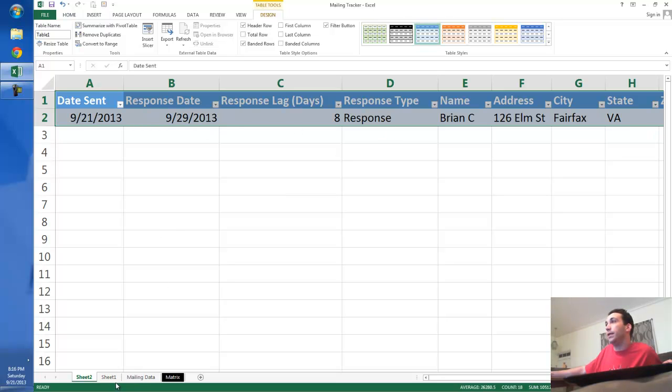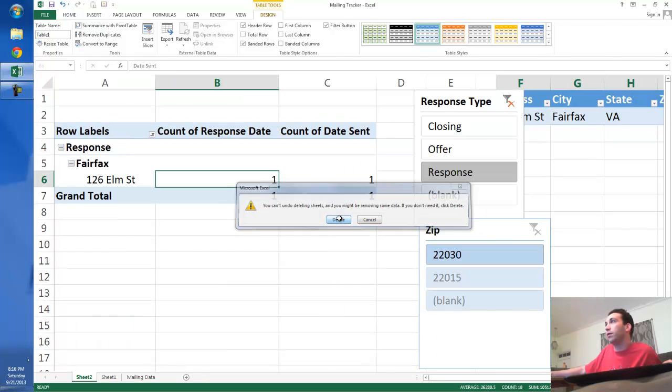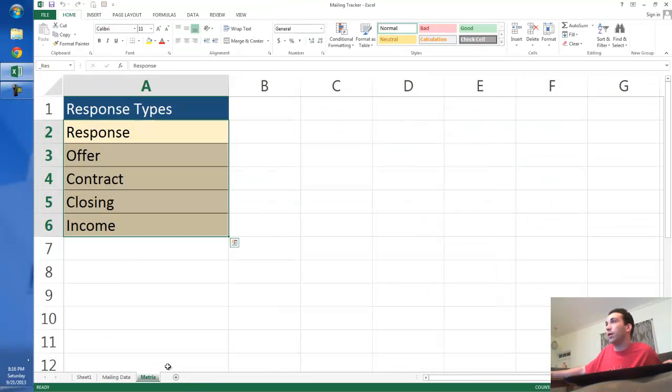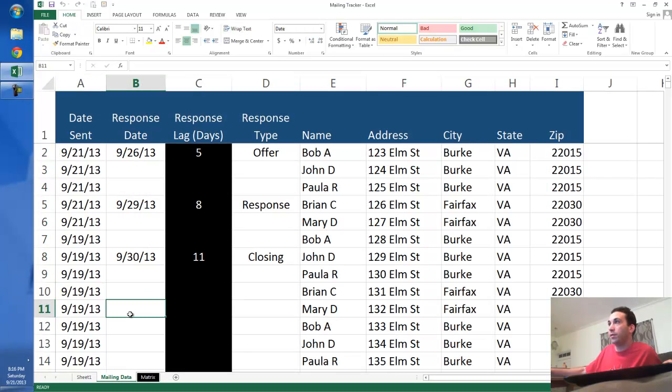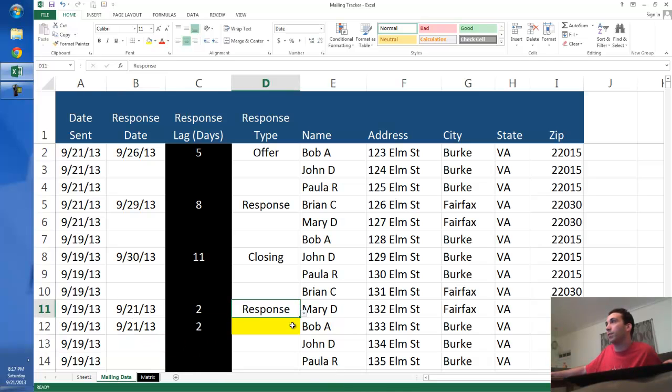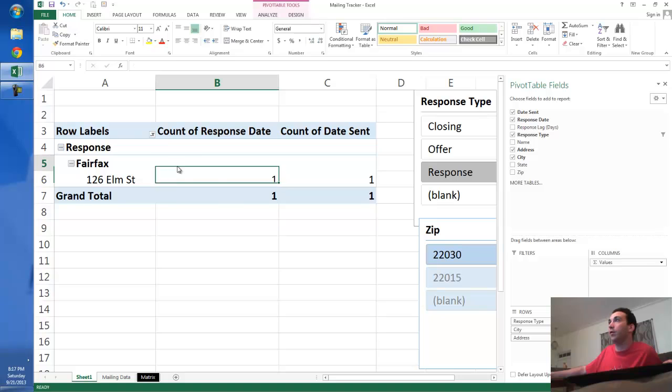And then anytime you make an adjustment within your table data, say you got another set of responses in today, okay, today 9/21 I ended up getting a response from Mary, and 9/21 I got a response from Bob, and these were just flat out responses and they need further work from me. Then you click that, and then you just go back to your pivot table here. You right click anywhere inside your pivot table, you press refresh,